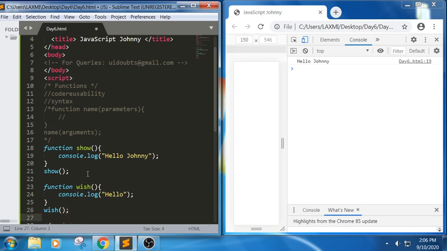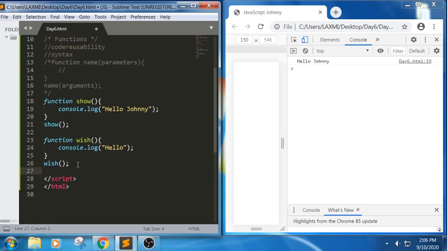So here we have defined a function. The function name is wish, and I just want to pass a random name, and we call this one an argument. And here we need to pass the parameter. So this value will be passed to this statement, in the sense, at line number 23, in the place of the parameter we will be passing Johnny here.